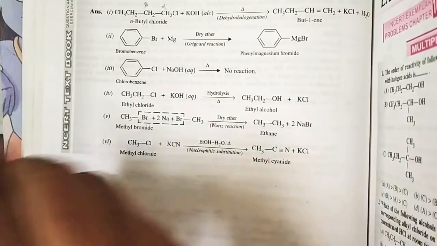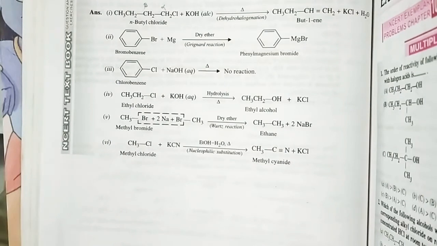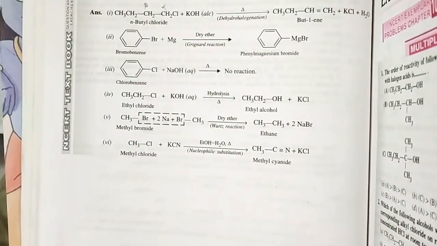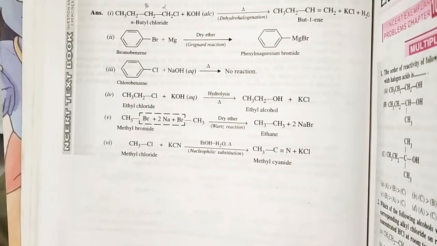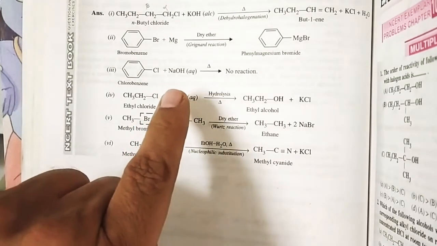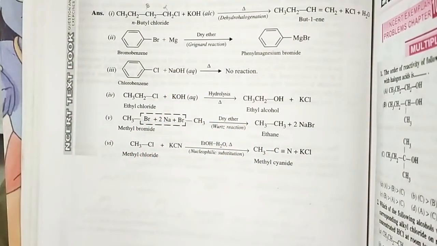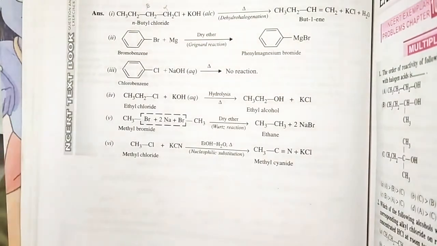In the same way, chlorobenzene reacts with NaOH. We know this is a tough reaction. If we perform this reaction only with aqueous NaOH, it is not possible. At that time we have to use 6 to 8% concentrated NaOH, 360 degrees centigrade temperature and 300 atmospheric pressure. So we manufacture phenol from chlorobenzene, and the process is the Dow process. But under ordinary conditions, aqueous NaOH can't remove chlorine, because chlorobenzene has 5 canonical structures. Out of these, 3 structures have partial double bond character between chlorine and carbon. So it's hard to remove chlorine with the help of OH.